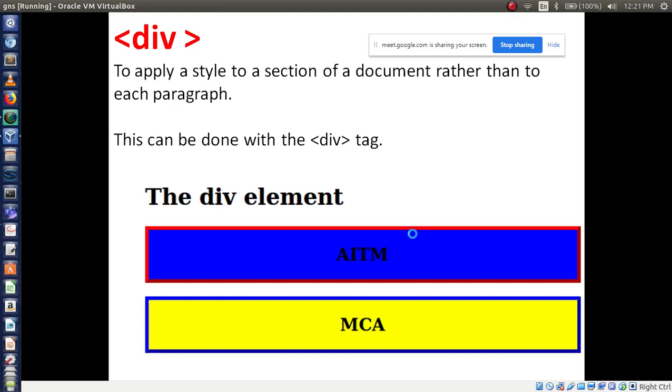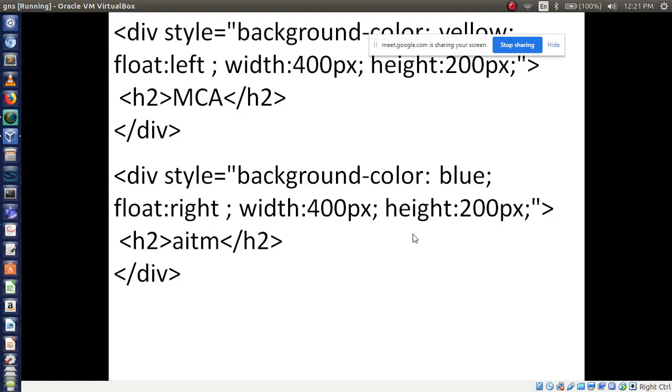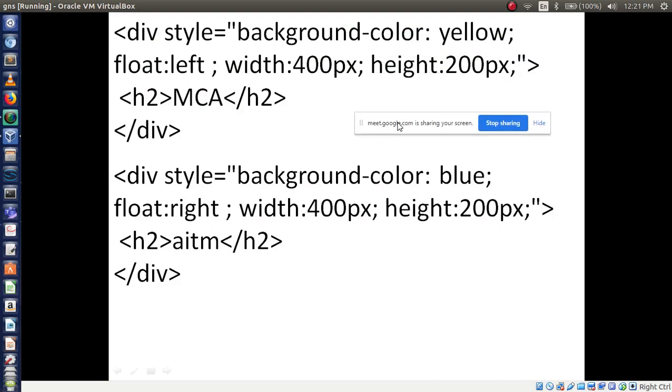Okay, now here I can use these kinds of properties. First you have to use div tag followed by style. If you want to apply background color or whatever it is, here you have to apply the style. By the way, which kind of style sheet am I using here? Style is equal to background color yellow. Which kind of style is it?